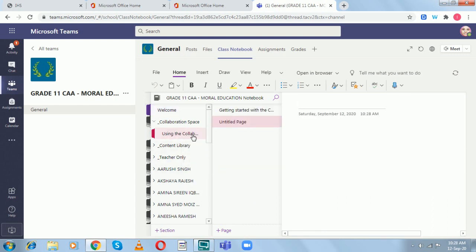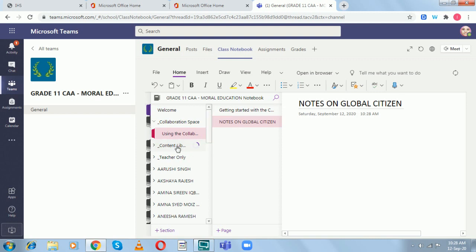A page pops up on the other side and you can enter the title of the page there. So look, I'm entering a title. I want my students to write the notes on Global Citizen over there. Now what happens is that they can also edit. So once they write, I can also view it.